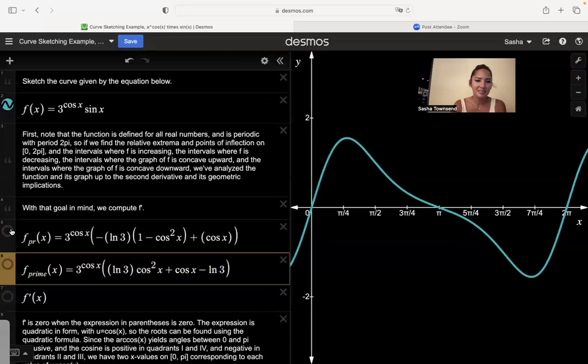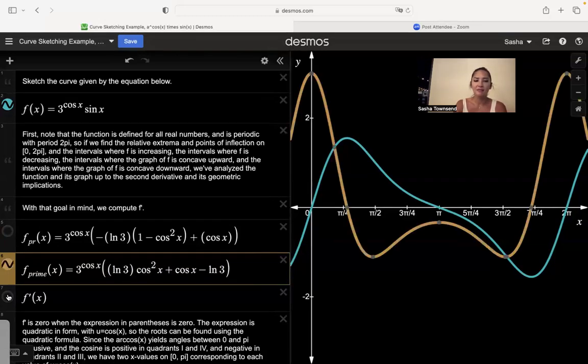Now, one other thing that I did after I computed the derivative using the product rule, made a substitution, sine squared equals 1 minus cosine squared, and then rewrote it as this expression, this exponential type function times something that is quadratic in form, was I said, let's have Desmos graph that derivative. So we graph f prime,